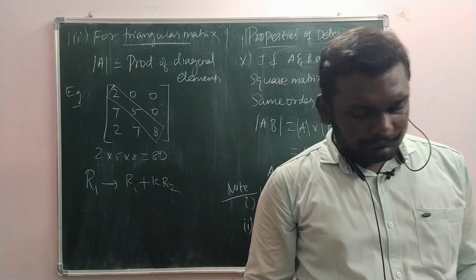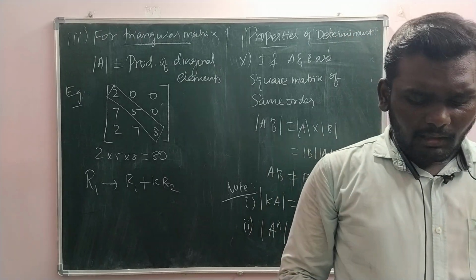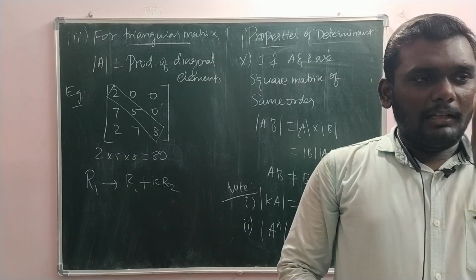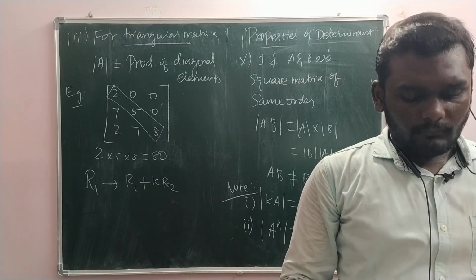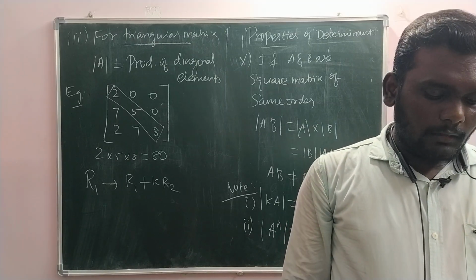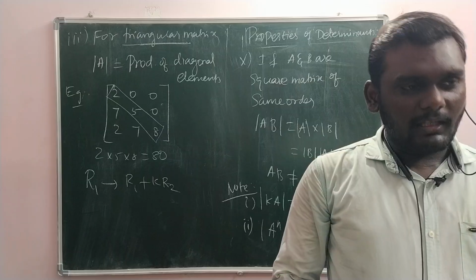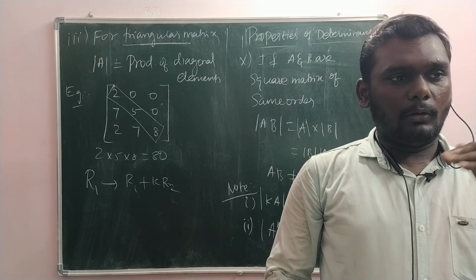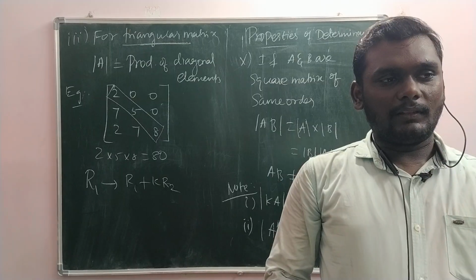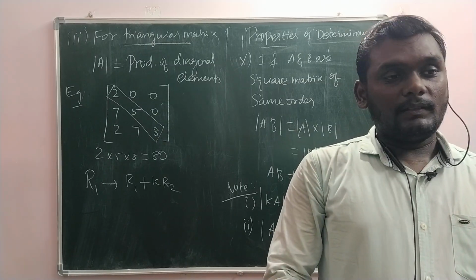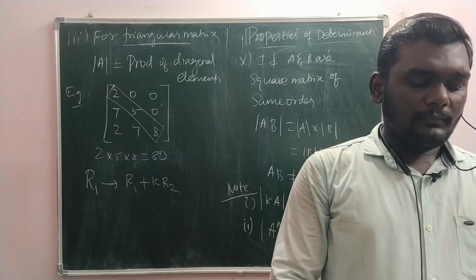And then the sixth one: each element of a square matrix is a sum. Suppose you get a sum in between, it means the determinant can be split. And then the seventh one: if each element of a row of a square matrix is added with k times the other row, the determinant value remains unchanged. Like one row we are taking, multiplying the other row with some number, adding or subtracting, the determinant value remains unchanged. And then the eighth one,